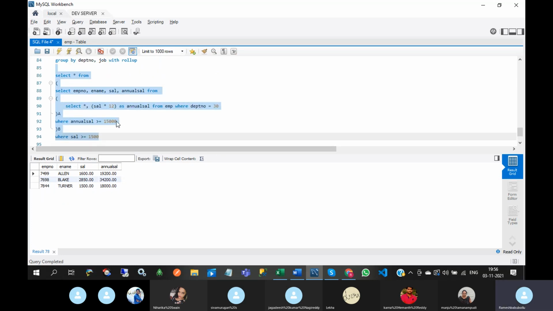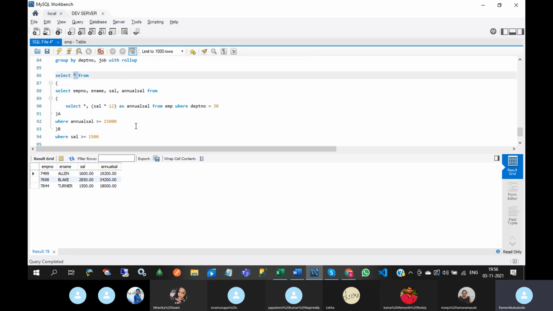Okay, so here we have written some logic and then we have filtered those columns based on this logic. After that again we have written some logic, and based on that we have fetched some columns.